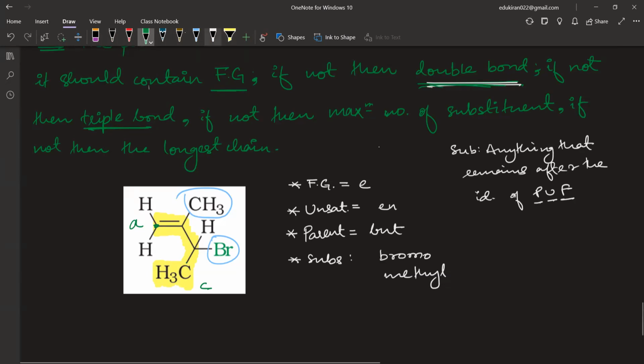A, right? Everything is crystal clear? Yes or no? Please tell me. Okay. 1, 2, 3, and 4. So methyl is in the second carbon and Br is in the third carbon. Now, while writing the name,